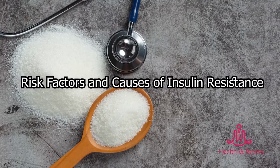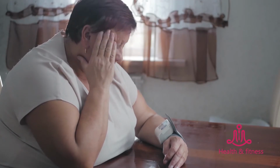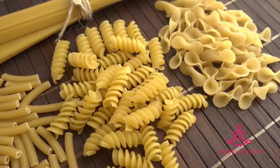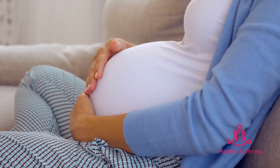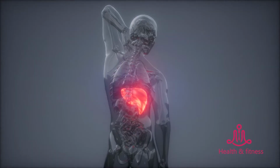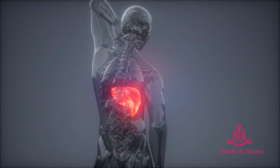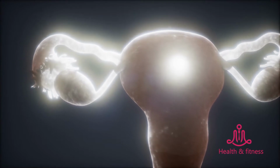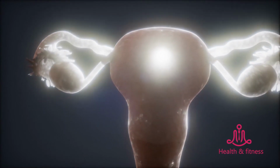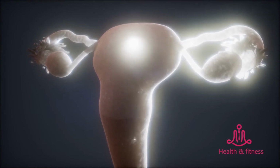Risk factors and causes of insulin resistance. Things that can make this condition more likely include obesity, especially belly fat, inactive lifestyle, diet high in carbohydrates, gestational diabetes, health conditions like non-alcoholic fatty liver disease and polycystic ovary syndrome, a family history of diabetes, smoking,